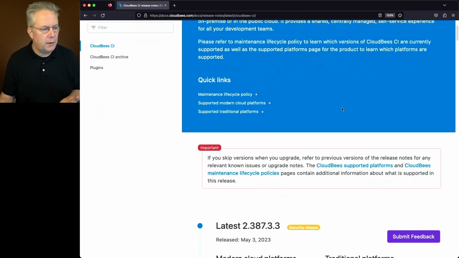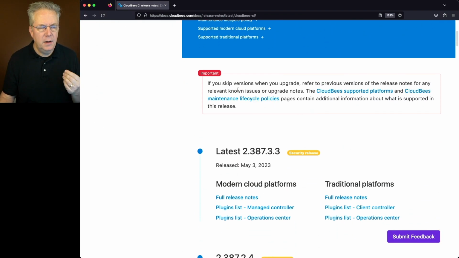So let's go ahead and scroll down, and what we'll see here at the very top, there's an important section. If for some reason you're skipping versions when you do your upgrade, you need to make sure that you look at the release notes for every release in between. Well, what does that mean? For this release, our release number is